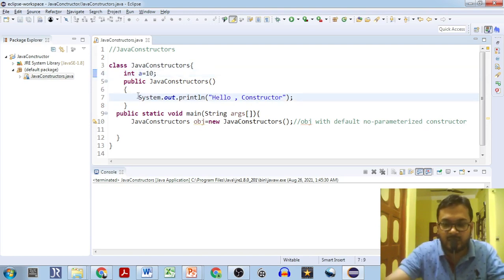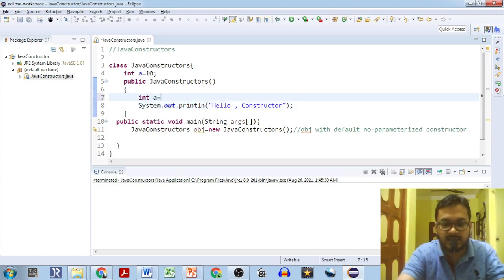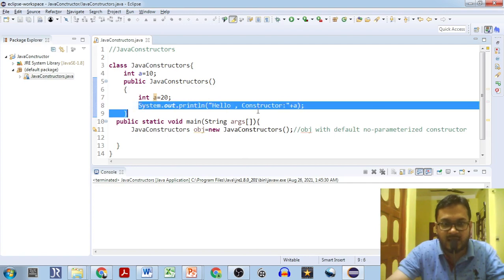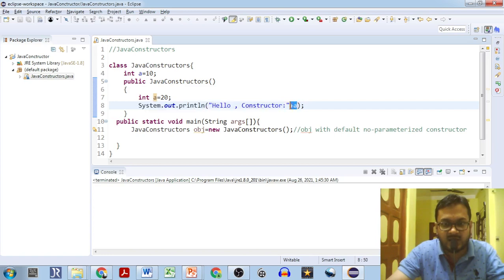And if you print it over here, a equals 20, and provide over here the value of a, what will happen now? If you execute the program, we know that the hello constructor will be called, as we've seen from the last program execution. Now we are adding the concatenation of the string with the value a equals 20. Here the value of a is 10. We are initializing a equals 10 over here, in line number 4. In line number 7, you are now changing it to a equals 20.